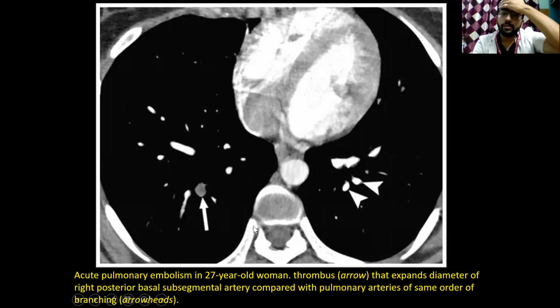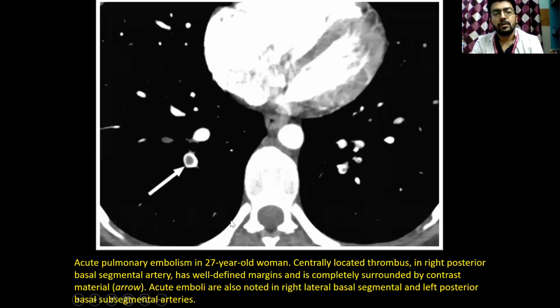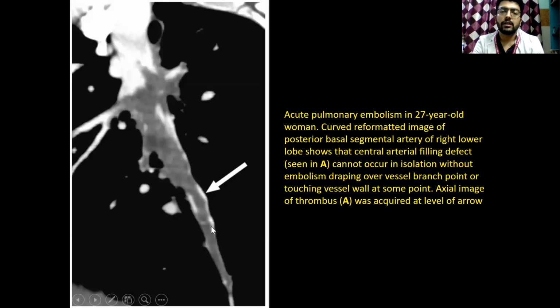These are again acute pulmonary embolism in the right posterior basal segment, subsegmental artery. Again, a rim sign or Poloman sign, like we can see. This is acute pulmonary embolism, where we see the posterior basal segmental artery of the right lower lobe. This is the contrast, which is in the periphery of that, demonstrating the railway track sign.